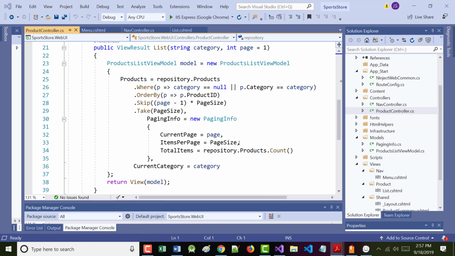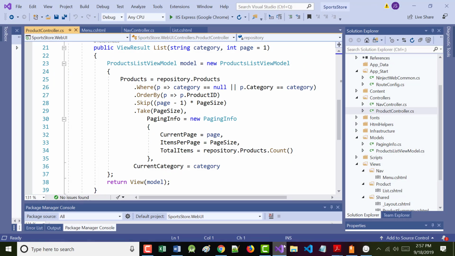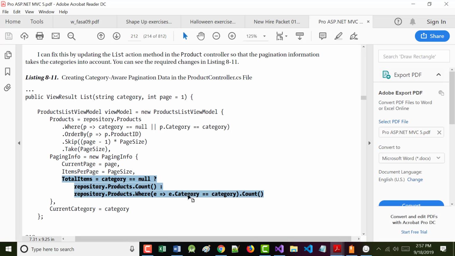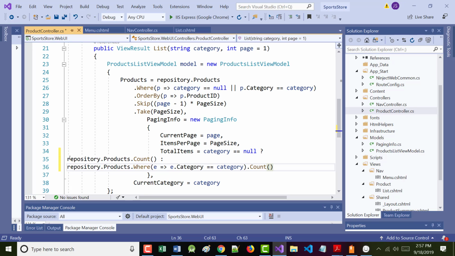After the word page size there, we've got total items. Okay, we've got the total items line that's in there right now, but there's only one line. We are replacing this line, which for me is line 34. We are replacing that with this. I'm going to move that over so it looks a little bit nicer.